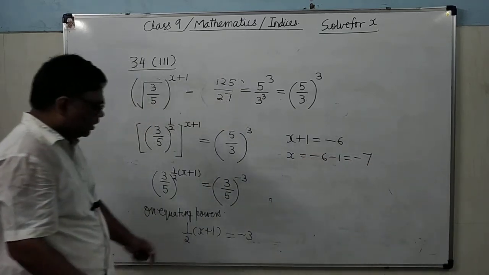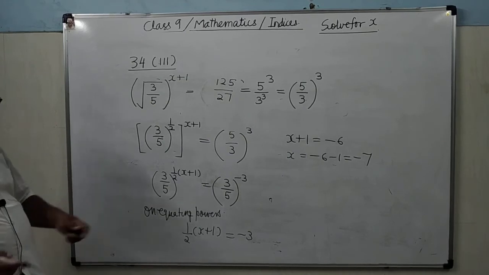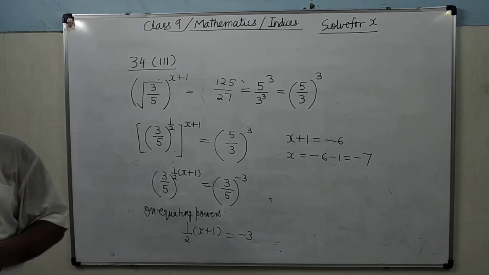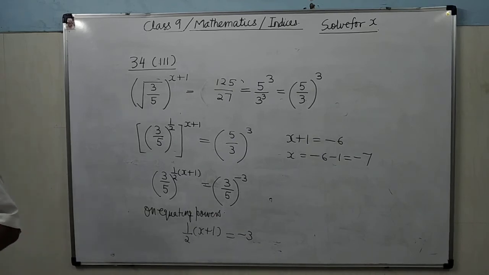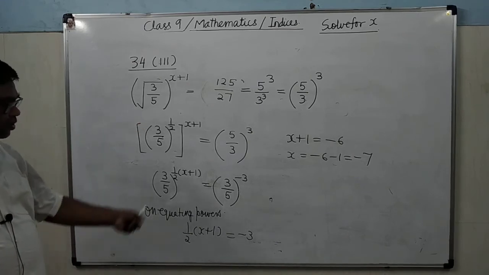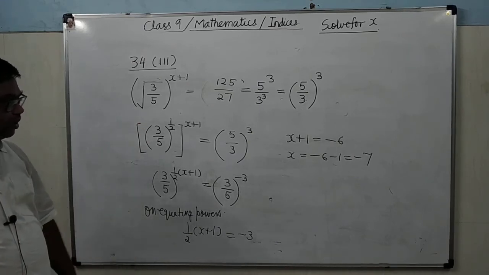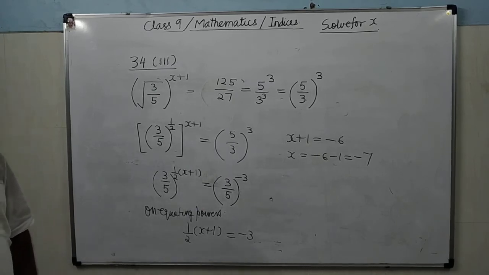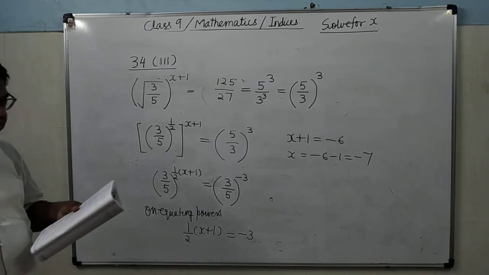You can see once again, on equating the powers, you have got 1 upon 2 into x plus 1 equals minus 3. Then you take 2 to the other side, and it will become minus 6. You take 1 to the other side, and it will become minus 7. So this, now see here,